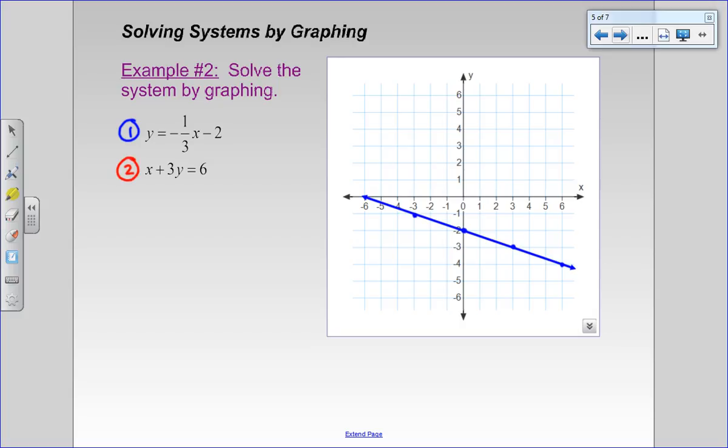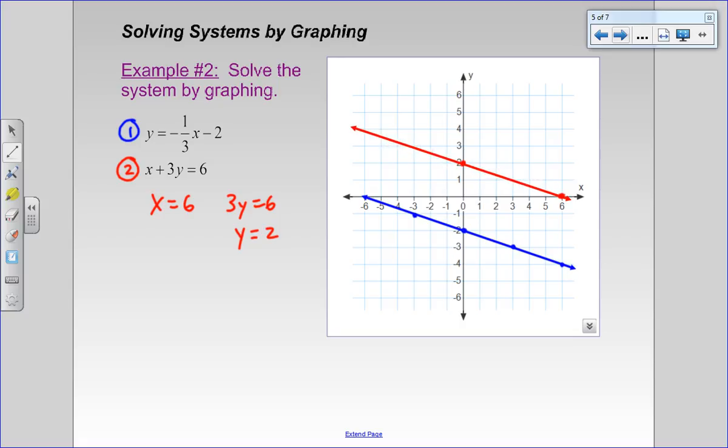Now to graph the second equation, we could put it into slope-intercept form by isolating y, but it's also pretty easy to identify the x and y intercepts of this equation. If we let y equal 0, we have x equals 6. So the x-intercept of this line is the point (6, 0). And if we let x equal 0, we have 3y equals 6, or y equals 2. And in this case, the y-intercept is the point (0, 2). Now, if we connect these points with a line,